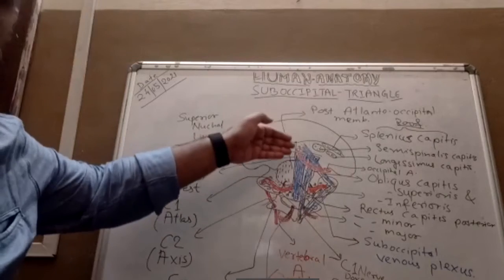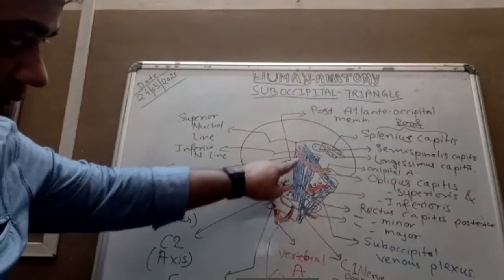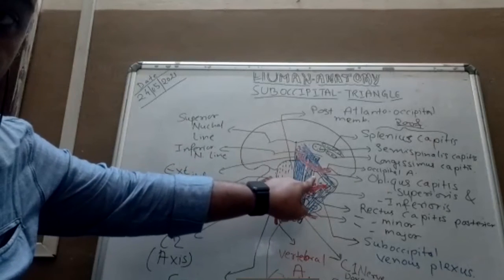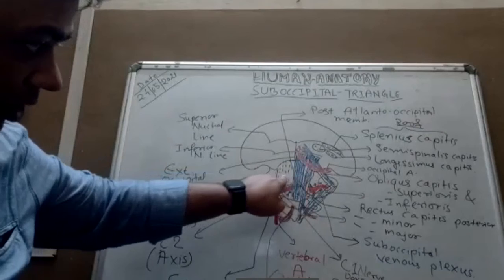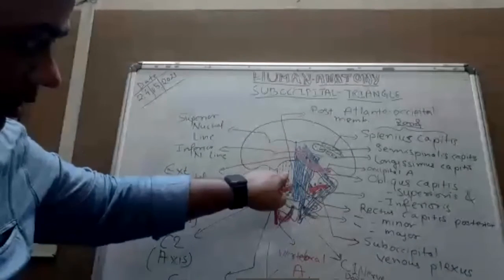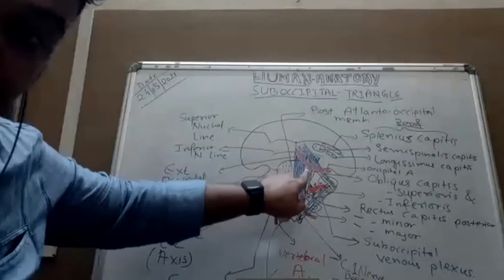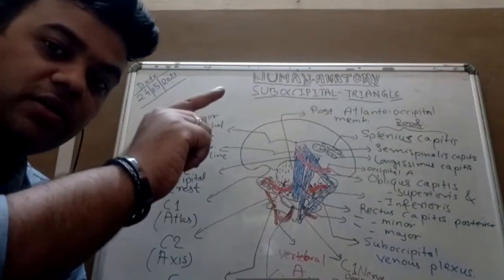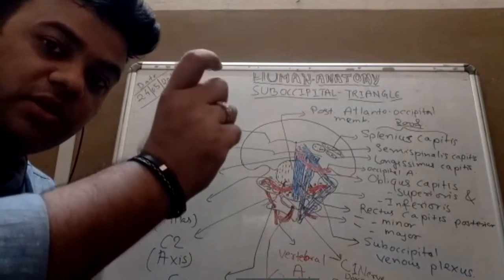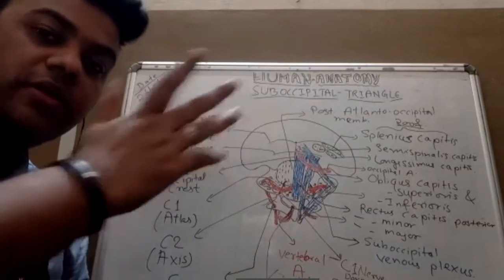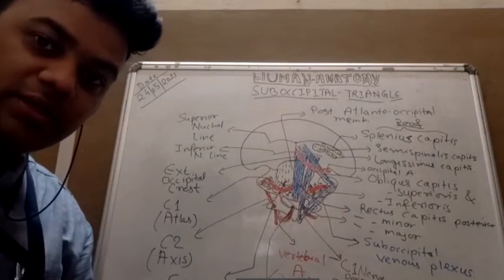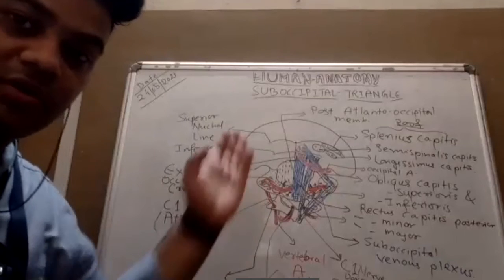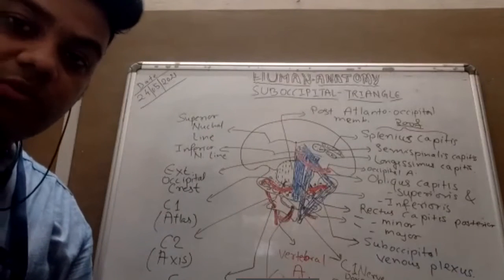Because it lies entirely inside the skull. So there is a gap here. We have seen that we can reach it through the gap in the suboccipital triangle. Through the suboccipital triangle, after piercing the floor, the posterior atlanto-occipital membrane, we can enter the posterior cranial fossa and reach posterior to the brain stem. The cisterna magna is present there, and we can collect the CSF. But is that safe? No, because of the risk of neural tissue damage in the brain stem, so it is very difficult.